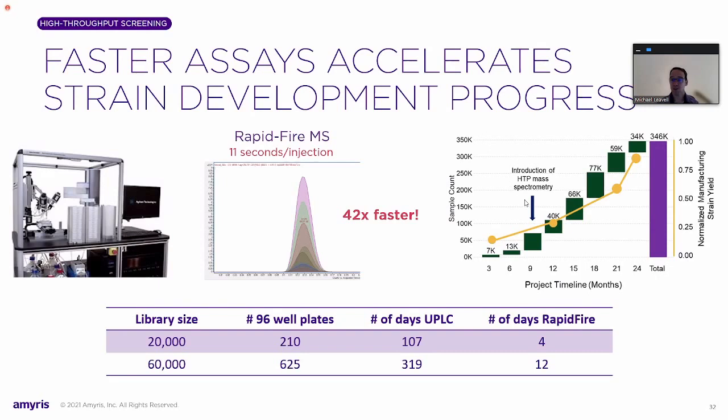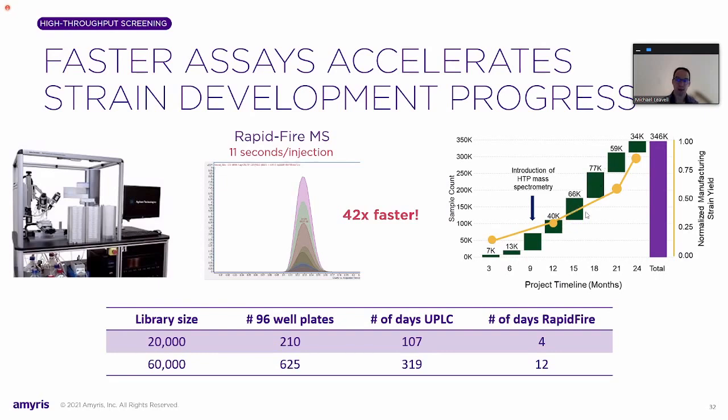We realized very quickly that we were limited because we couldn't test the library sizes that we needed to optimize that strain, or optimize a sufficient number of genes at once, to then be able to go back and quickly learn and redesign. After introduction of the high throughput mass spectrometry platform, you can see that our sample library sizes went from somewhere in the neighborhood of 10,000 samples per, in this case, per quarter, to 50 to almost 100,000 samples